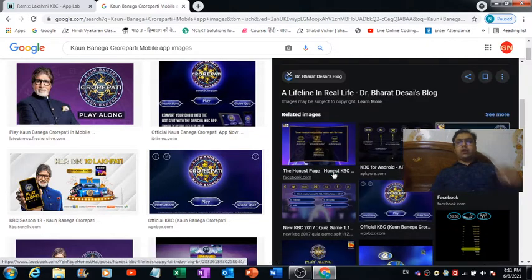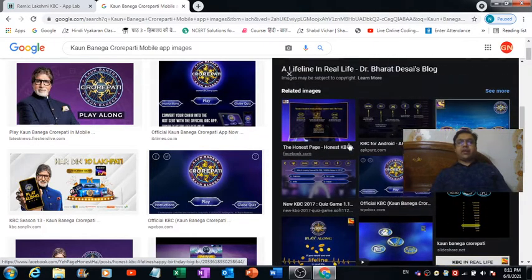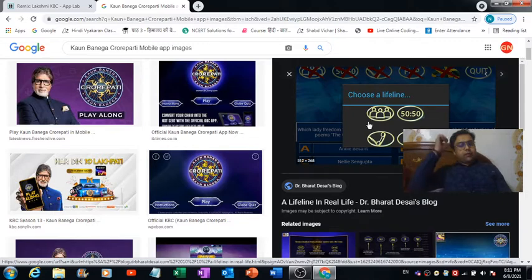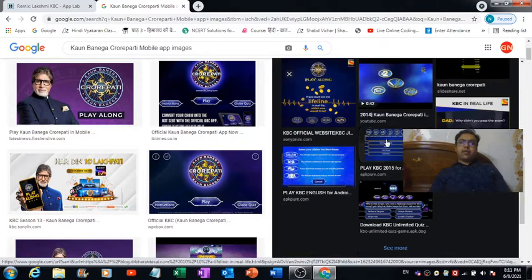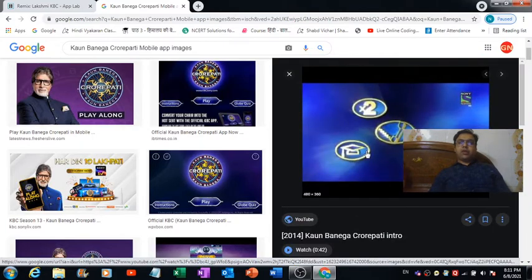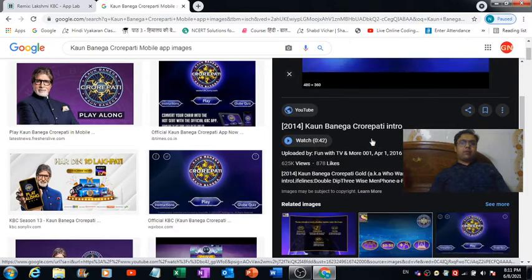If the user opts for any lifeline, and you want the user to see this kind of window, definitely you can do that. Then we have this image where again all the lifelines are visible.